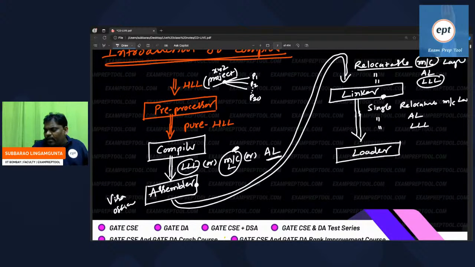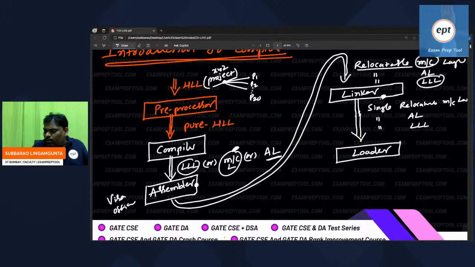Whenever you are packing in your house, so many clothes are there. You will take only your clothes and keep them in your bag. In your house, so many books are there. You will take only your books and keep them in your bag. In a similar way, the linker also knows which files are really needed to run this particular project XYZ. So it will take all the necessary files and make them a single relocatable machine language. It is something like packing, a package.